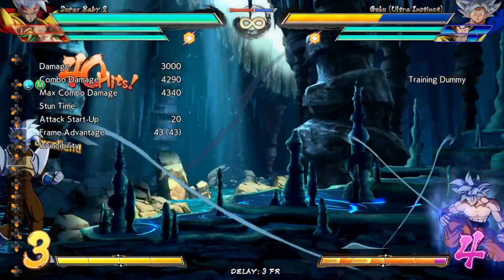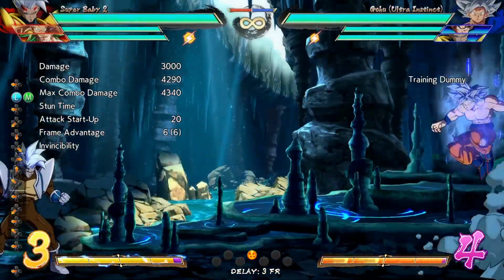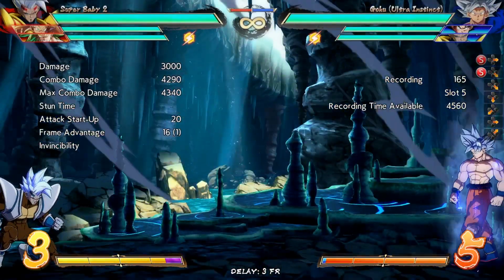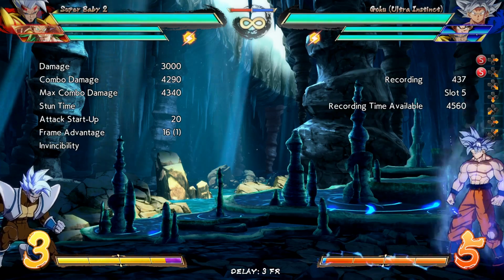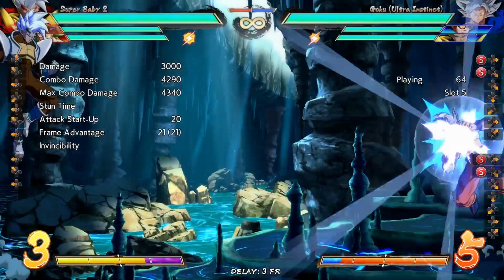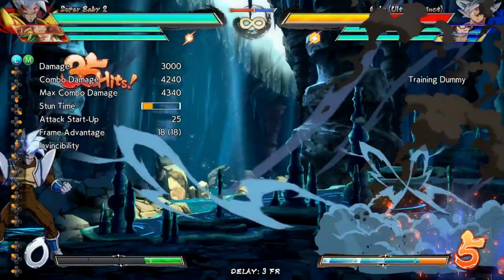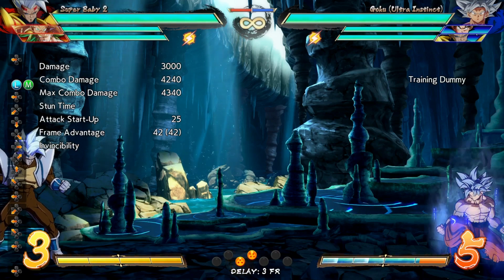Since his level 3 freezes time, let me do it again. So you see I did the beam and I'm walking back, so that's basically me blocking the whole time. So you can do his level 3 and punish full screen. Now of course that's gonna be blue life since it's a raw level 3, but still, especially depending on if they